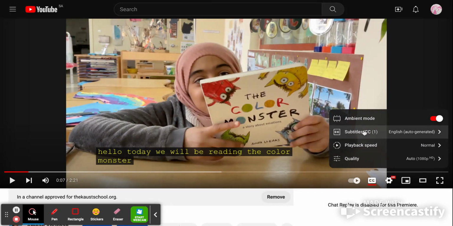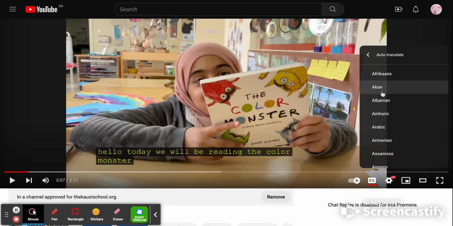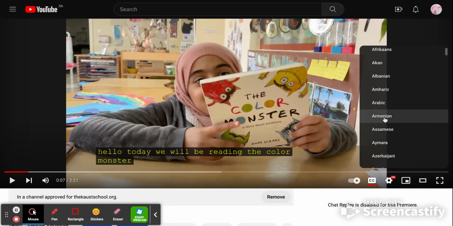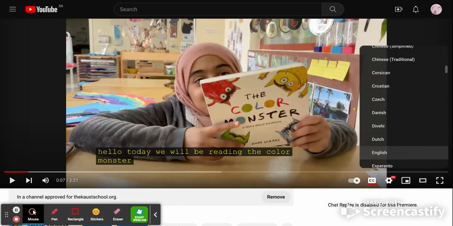So you click on subtitle over here and you see that it's already auto generated. It's in English. So to change that, you can go to auto translate. And from auto translate, you can choose your preferred language. So from here, for instance, you can choose,